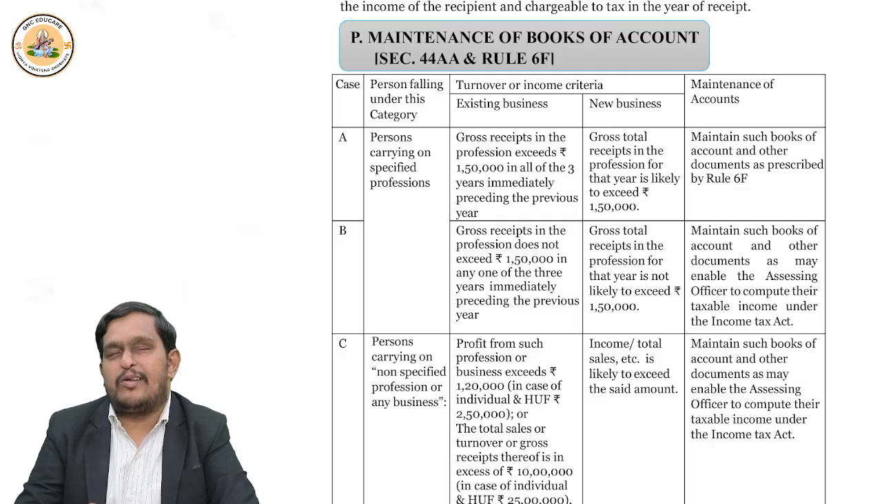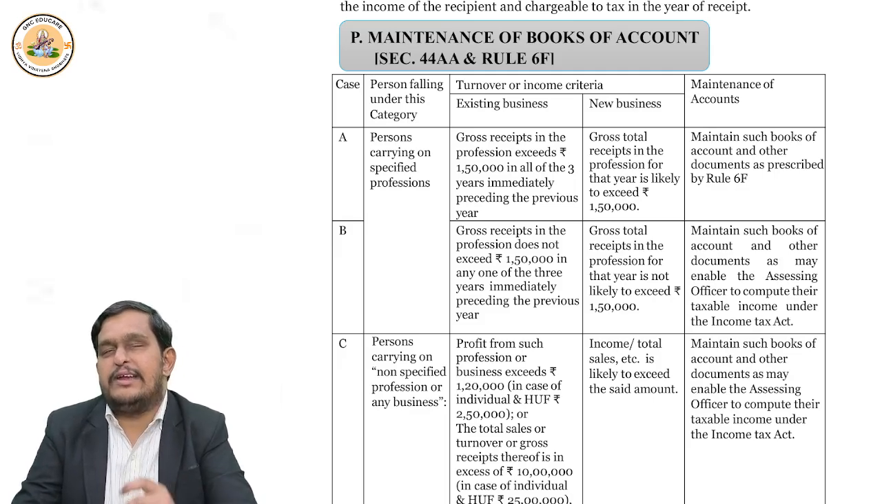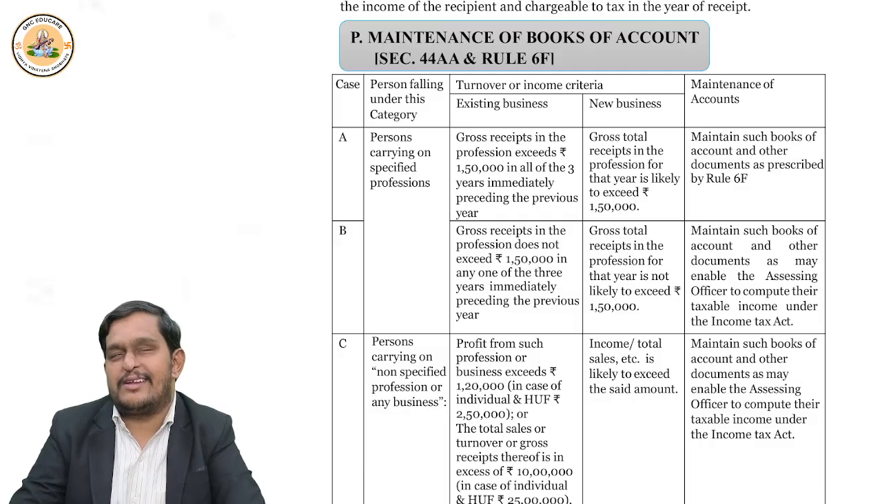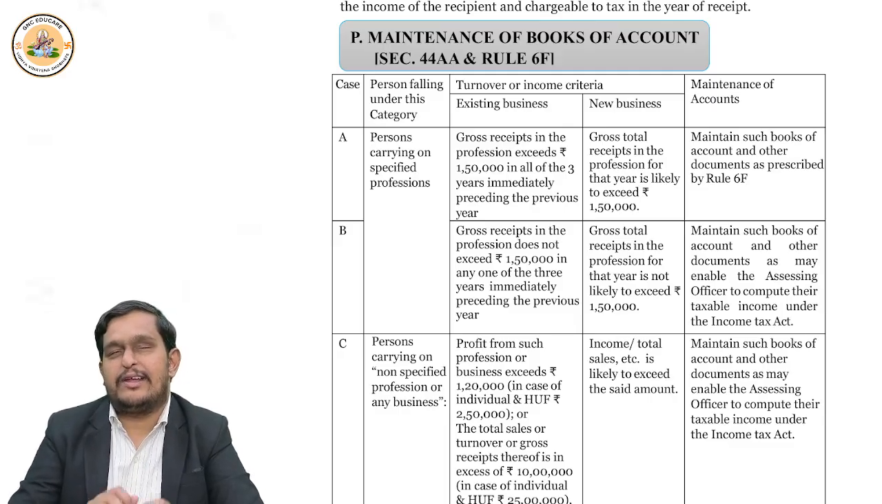But what books should be maintained so that the income can be computed and the expenses can be deducted? That also we should discuss, and for this I have come up with this video. Now, in this video, we'll discuss section 44AA read with rule 6F, and then 44AB, because we also should